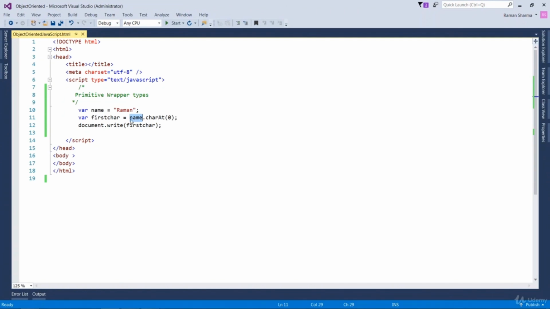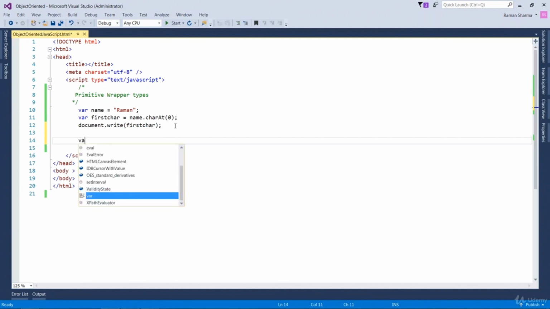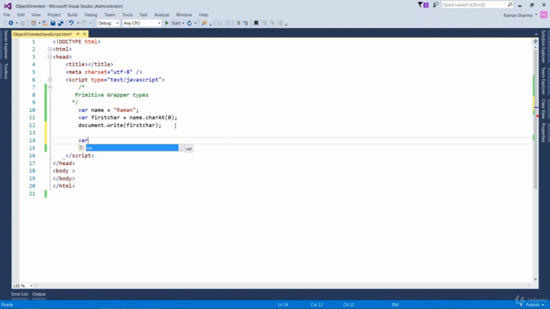It is a primitive data type variable, which is a string, and I'm saying dot charAt. It means something related to reference type is going on here, and that is true. Behind the scene, what is the JavaScript engine doing? It is creating your name variable equals Raman,